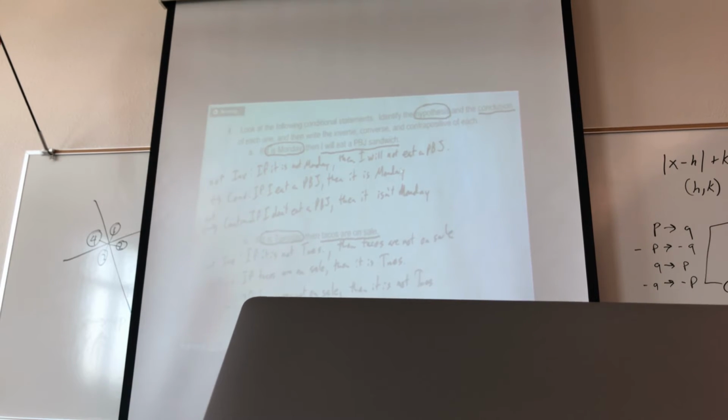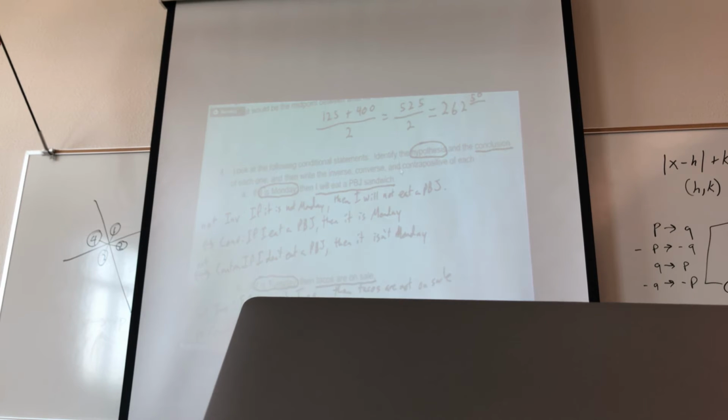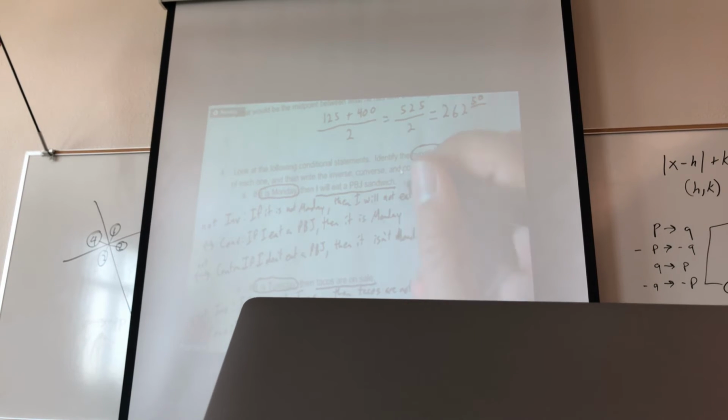Statement A, if it is Monday, then I will eat a peanut butter and jelly sandwich. Depending on the information that we have on this one, it could be true. We don't have any other information, so we don't know if this one's true. We're going to call it false. If it is not Monday, then I will not eat a peanut butter and jelly sandwich. Well, you could eat one any day of the week. Again, if we had more information about the whole situation, we might be able to make a different conclusion, but